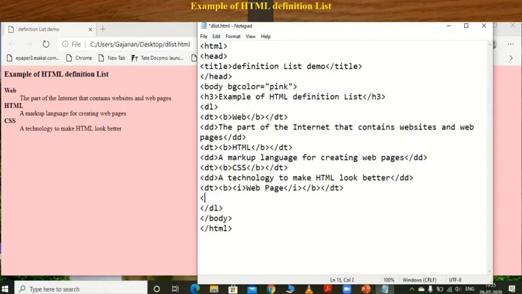Next we have to apply here DD. Then I want to write here what?